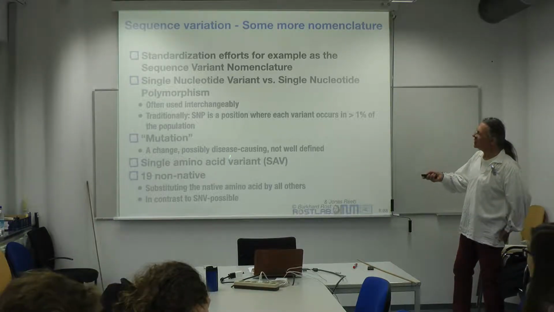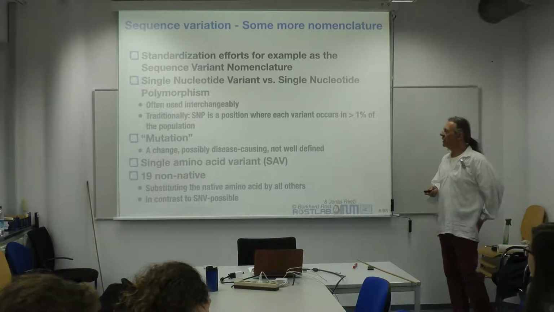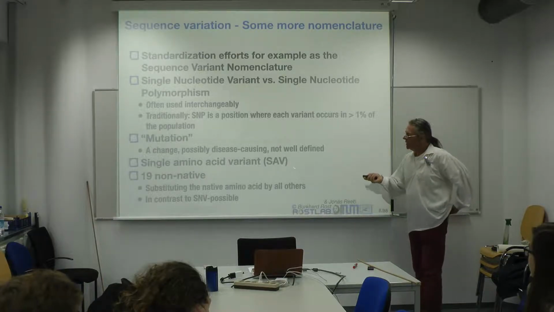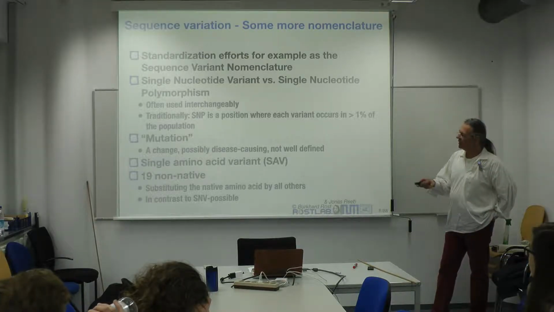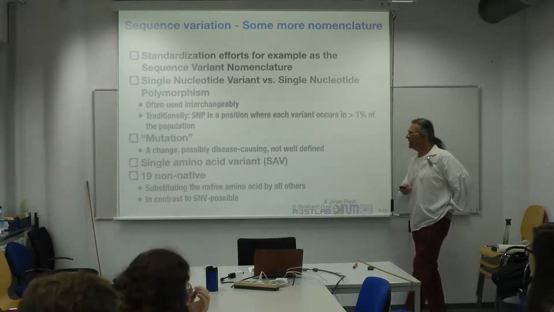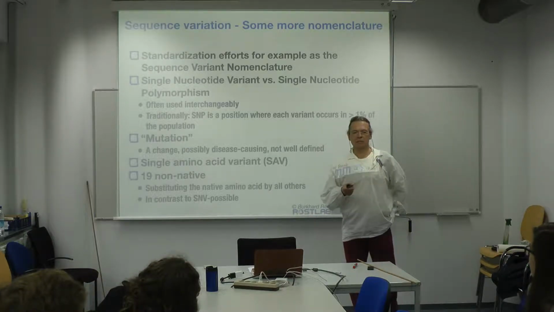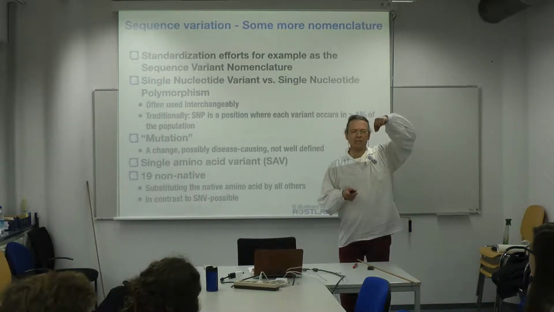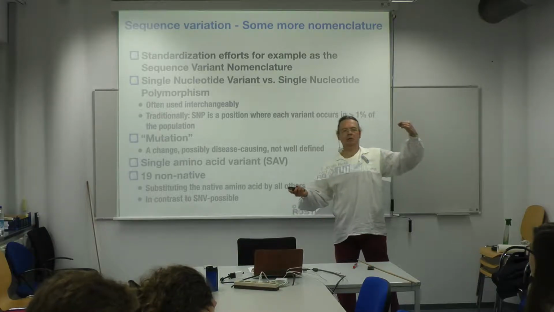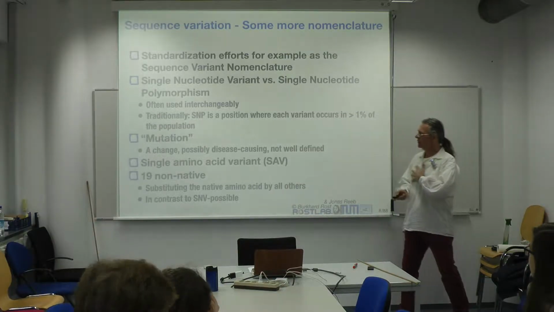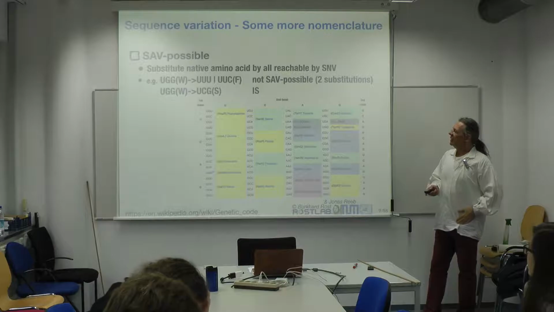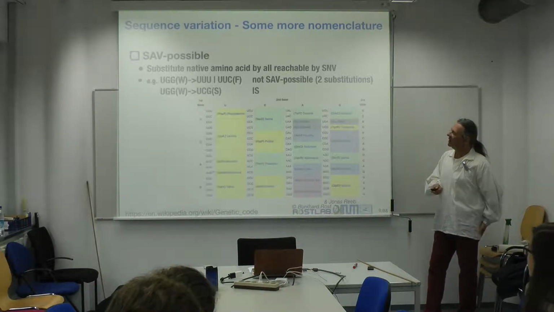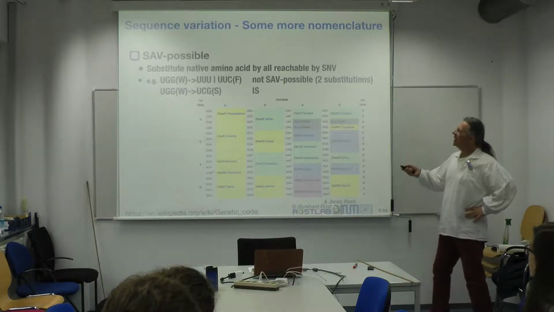So then there is a mutation that is caused by something on the level of the amino acid. Again, I talked about the single amino acid variant. And then there's sort of this word of 19 non-native. Essentially, on every single amino acid, you have a native one, and then you have the 19 possible alternatives. Okay? That is what I refer to as 19 non-native. Now, there are some SAV possible variants. SAV possible means essentially